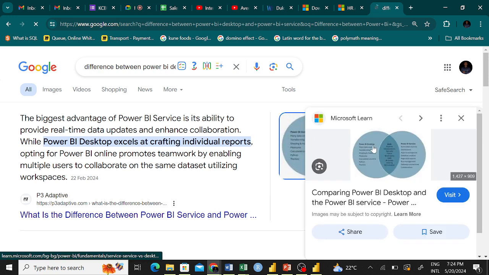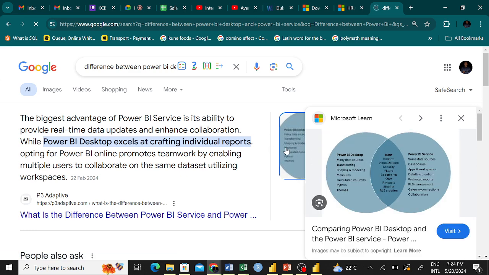So let's see this one. What did you say? So many data sources transforming. That is not what we wanted. Okay, gateway connections. I'll show you what gateway connections are, and then we have dashboards, apps, and workspaces. Yeah, there are workspaces in Power BI service. I think that one we'll do it in week 2 so that you see what Power BI service is. Paginated reports and